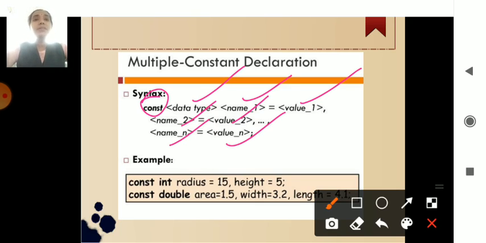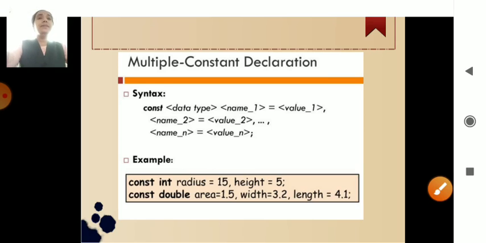In the example you can see here, const int radius is equal to 15, comma, height is equal to 5, and const double, you are changing the data type here, area 1.5, comma, width is equal to 3.2, length is equal to 4.1. Like that, you can have declarations for multiple variables with the const keyword. Remember this concept: you can use the const keyword for a single variable or for multiple variables.